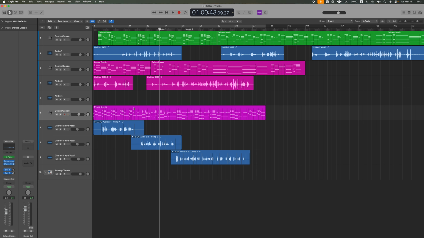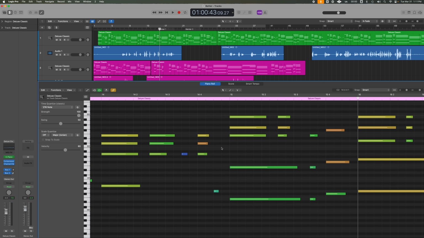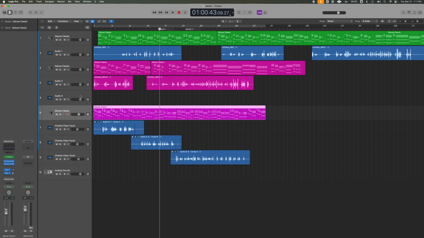Or eventually you'll learn, oh, I might want my instrument, like this Deluxe Classic, to be more in time. So then you will learn about quantization. And you let your creativity explore the things that you need to learn, versus the other way around, where you open up Logic and you're like, okay, I need to learn all of these things up top and all of these things here.